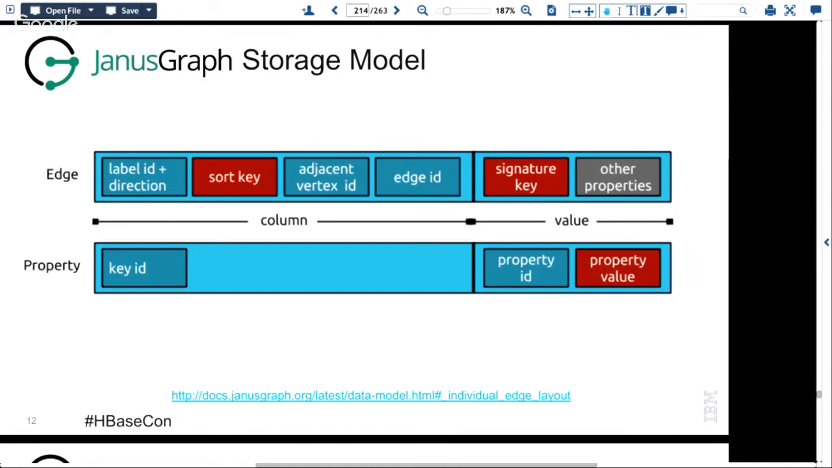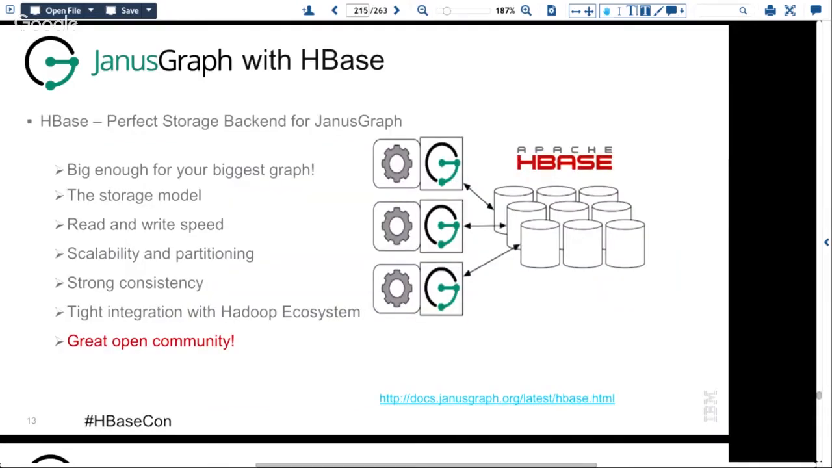The property value. You can see it's perfectly made for HBase, because that is actually how HBase works the best. So I'm going to go back to HBase. This is the HBase conference. So HBase is the perfect backend storage for JanusGraph, and it's big enough for the biggest graph. You can have millions of vertices and billions of edges, because each vertex can have a lot of relationships